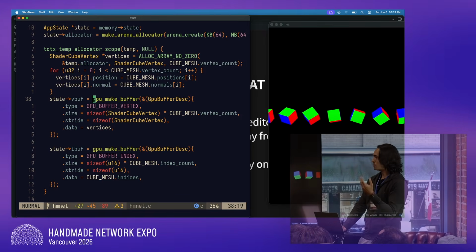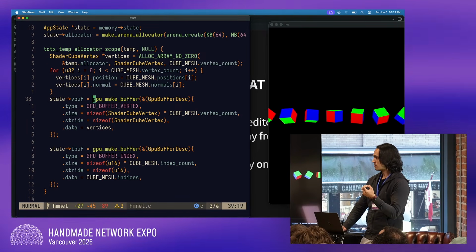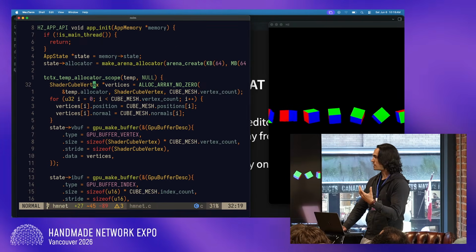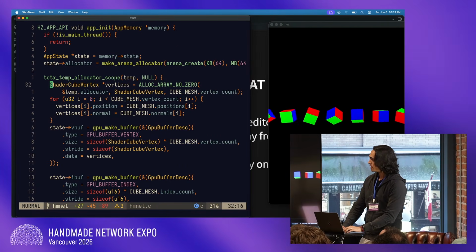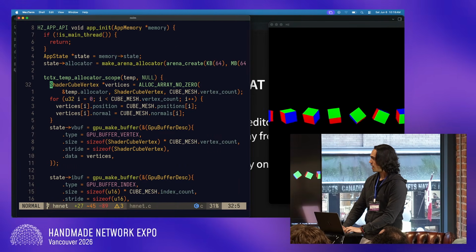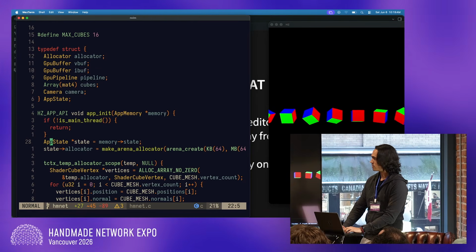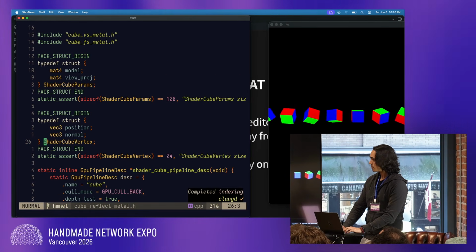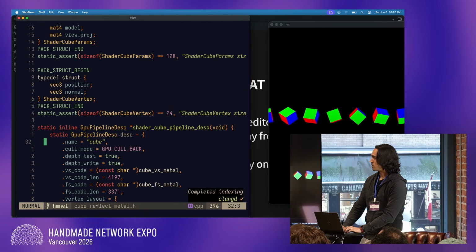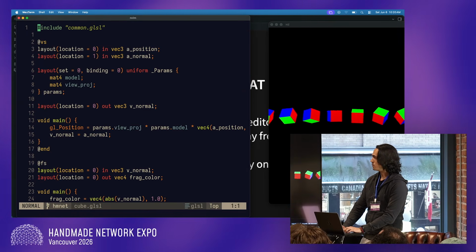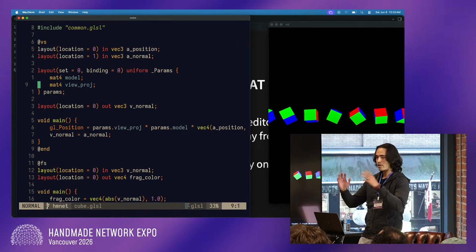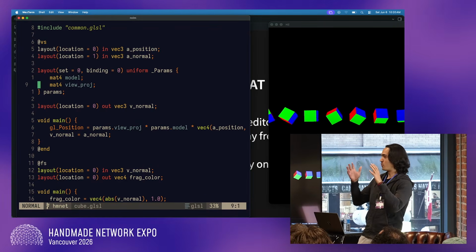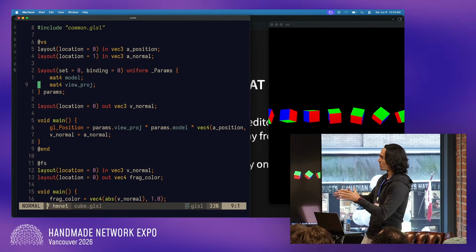So there are two things here worth noticing. One is of course the cross-platform layer, but probably the most helpful thing is things like this. This shader cube vertex is not a type that is defined here anywhere. It is generated, and it's generated from the shader code. And for anybody that wrote shaders in the past, it's like doing your taxes. There is a right way to do it. We're not going to tell you, but you better do it right,